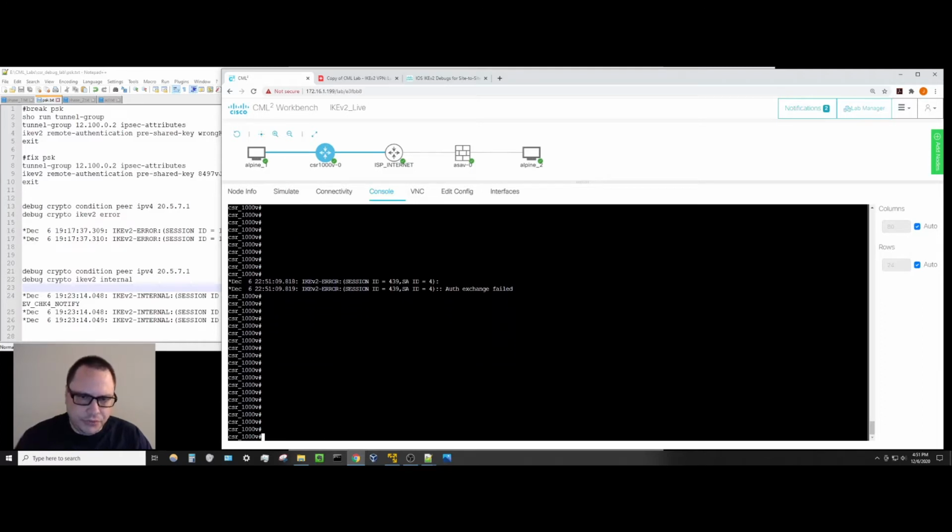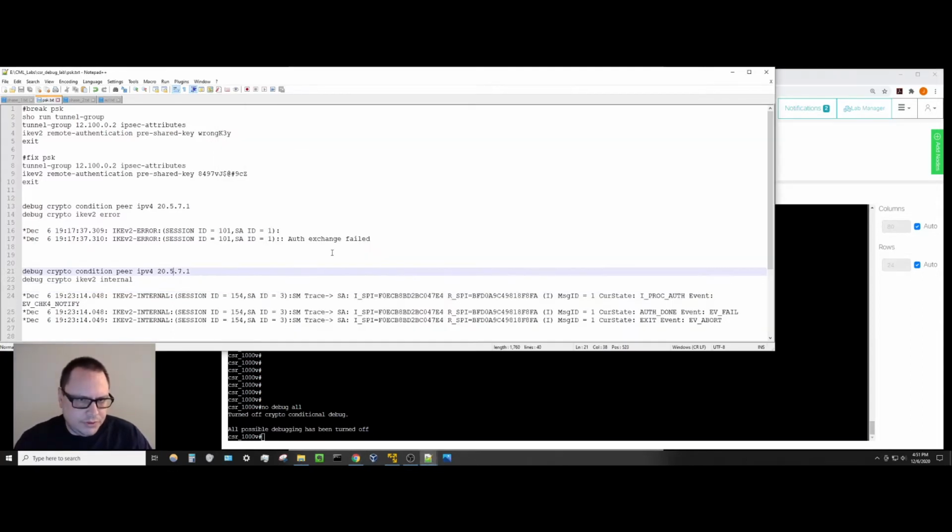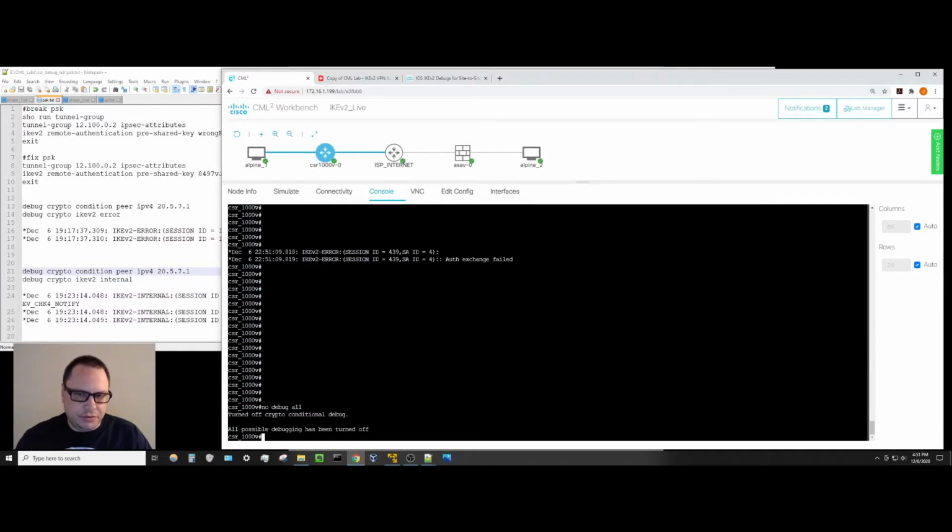Okay, so that's pretty much what I'm expecting there. Same thing as in my notes, auth exchange failed. So pretty obvious, clear cut that authentication failed. We got PSK for this one, so